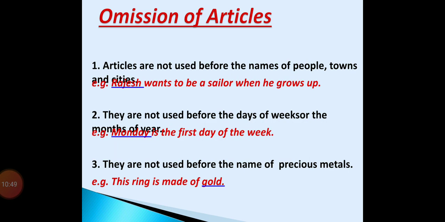So these are some rules where we can omit the articles, and along with that we have seen the two types of articles: indefinite articles, that is a and an, and the definite article, the. So just go through the chart again, read it properly, and note down the important points so that we can solve the exercise. Fine. So read the sentences and rules again. Till then, thank you so much.